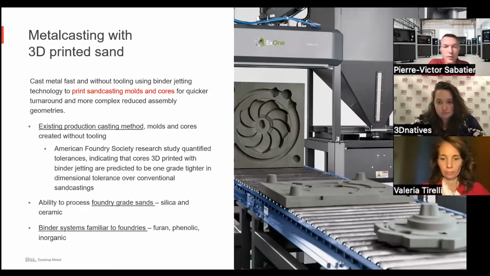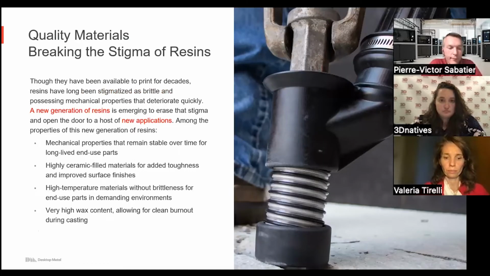It's clear what we do today with digital casting, producing molds and cores in sand. It's what the foundries did for many years. We use the same sand, we use the same binders, and so foundries are used to it. And if we move on to the next slides, you will see the same strategy on polymers and elastomers. We have open platforms. You will see it on the next slide.